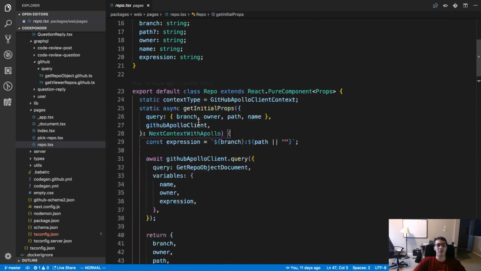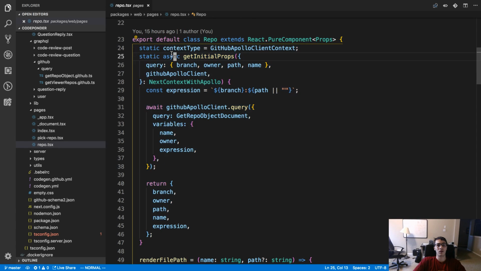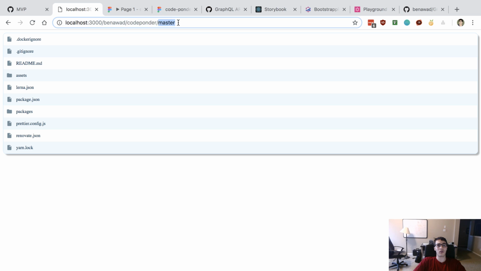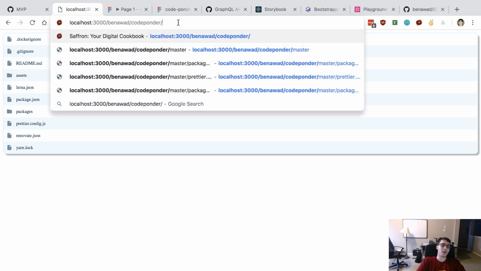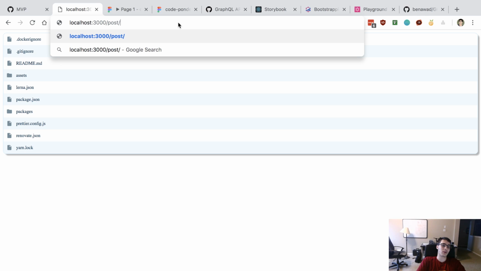I'm thinking about changing this particular screen a little bit. Instead of matching a similar path to how GitHub does it, I'm going to say /post and then a post ID, and then maybe the path down the file tree.